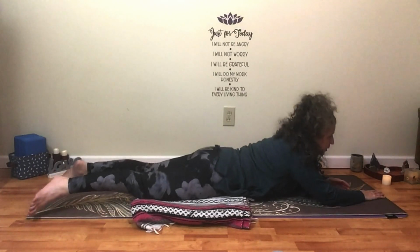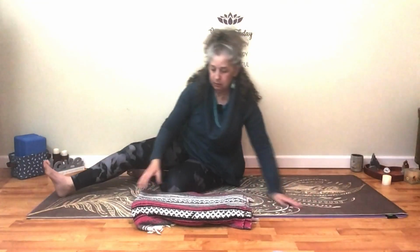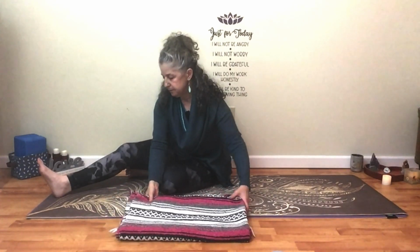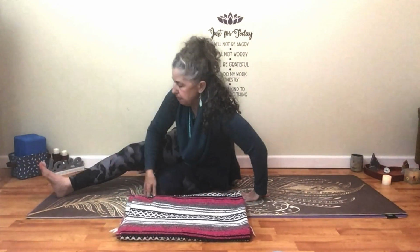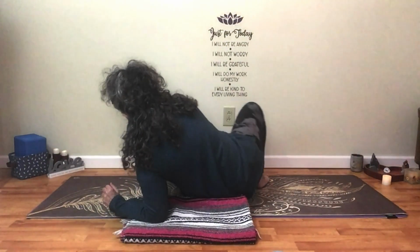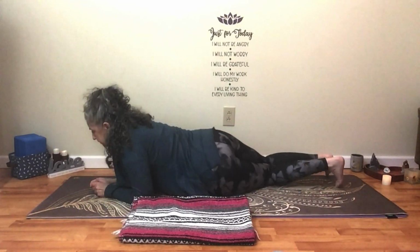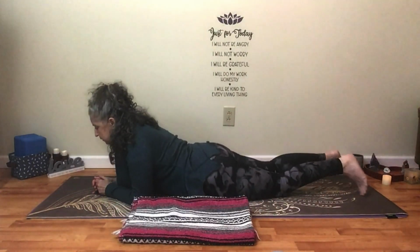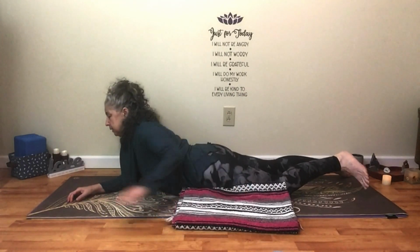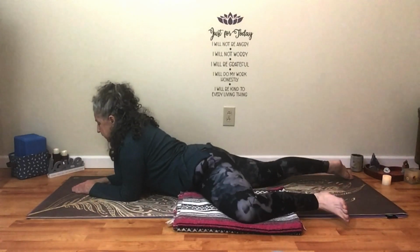And you can just begin to bend your right leg. I'm going to turn around so that you can see me. And slowly transitioning so that my legs are behind me. And I am onto my stomach, bringing that folded blanket next to my leg, bending that leg out